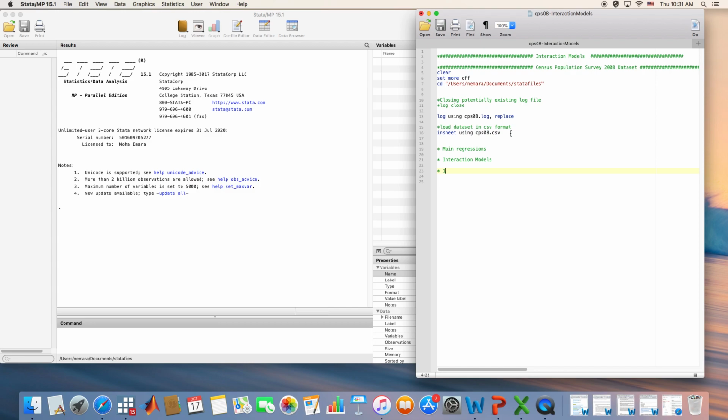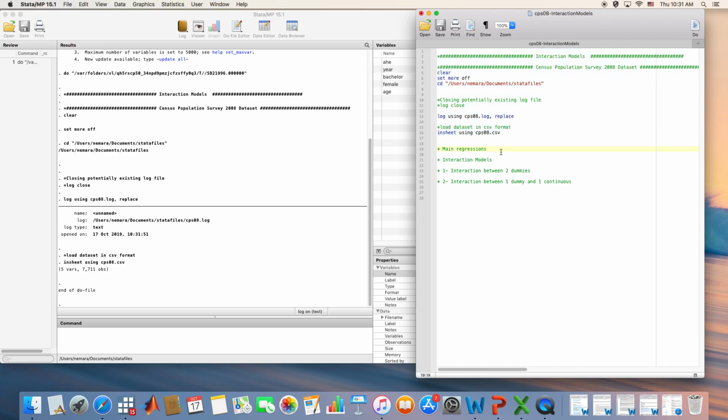We have many types of interactions, so let's start with interaction between two dummies, and then I'm going to talk about interaction between one dummy and one continuous variable, and so let's start. Let's get the data set